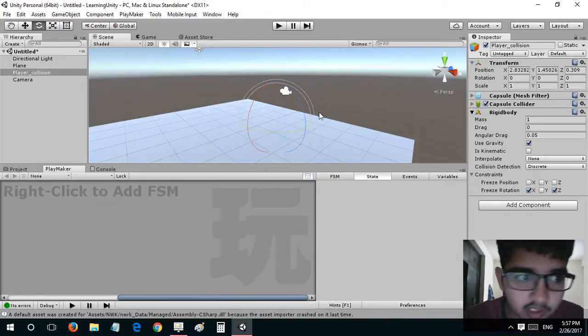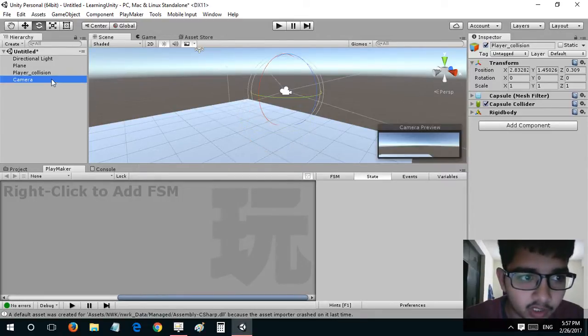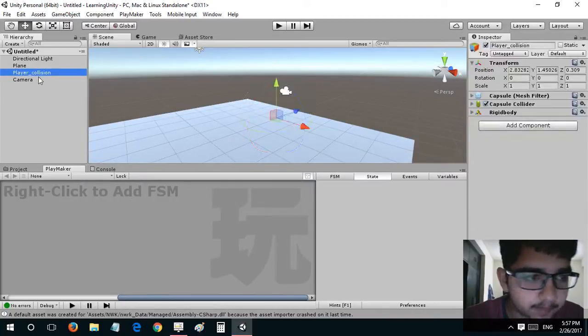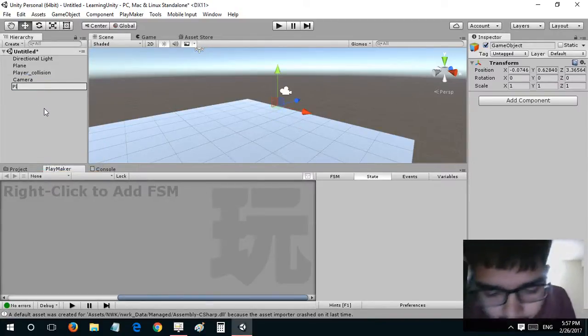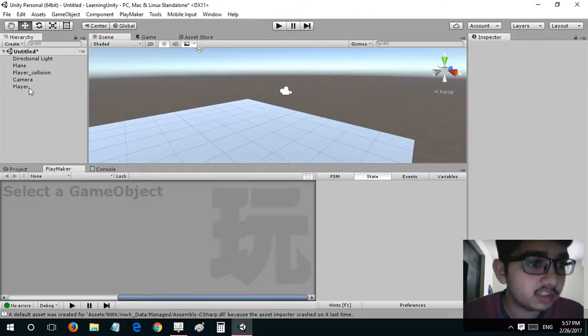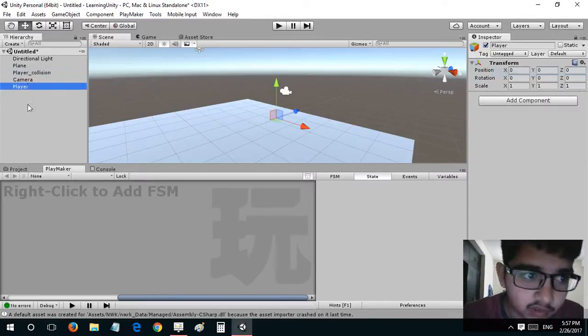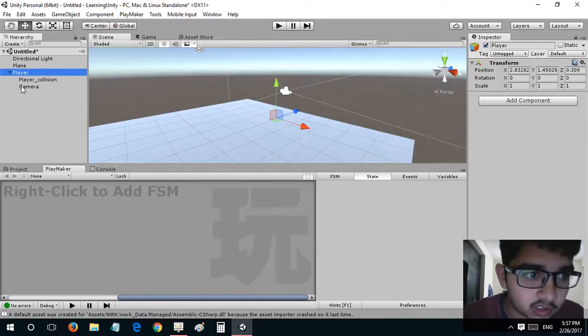So let's just minimize it, and I'll just add an empty object and call it player, and this player I will just drag into the player collision and reset its position and drag it out. Now I'll just parent these two to this player, and the camera